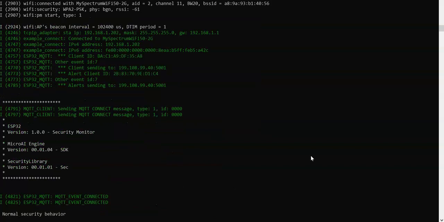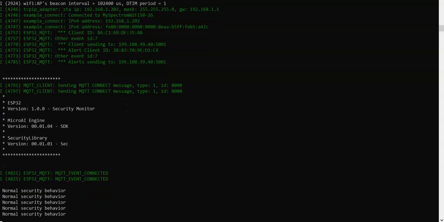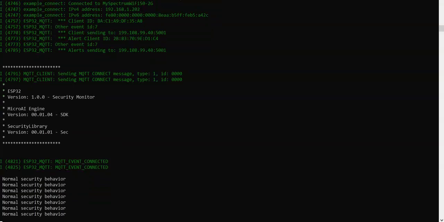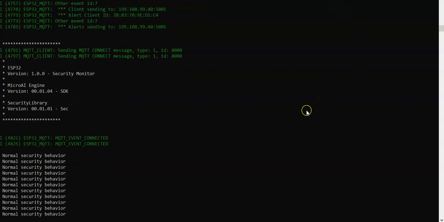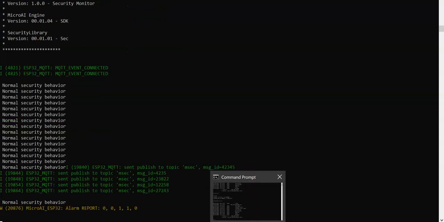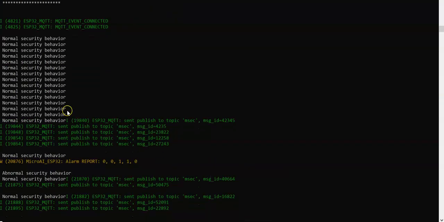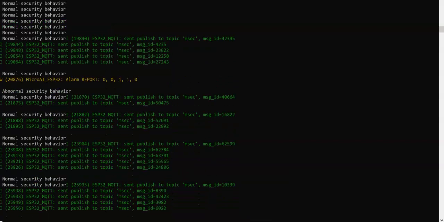If you do not have that, go ahead, stop this video, and see one of the videos for MicroAI on Raspberry Pi, where I show how you can use the attack tool from a Raspberry Pi to attack the ESP32. So now that your ESP32 is already working and sending data via MQTT,